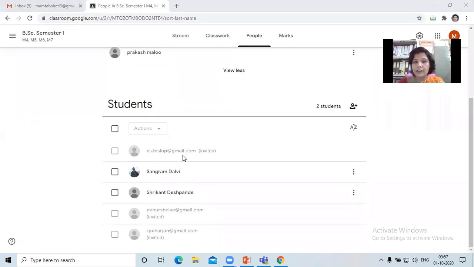So now you are able to see that Sangram sir and Shrikant sir have both accepted it, and the moment they accepted the invitation, their names turned bold. So this is one way to join: I am aware of the email, I send an invitation, and then they respond. Second one,